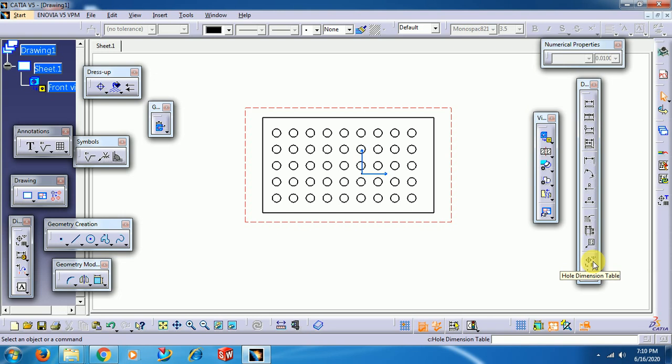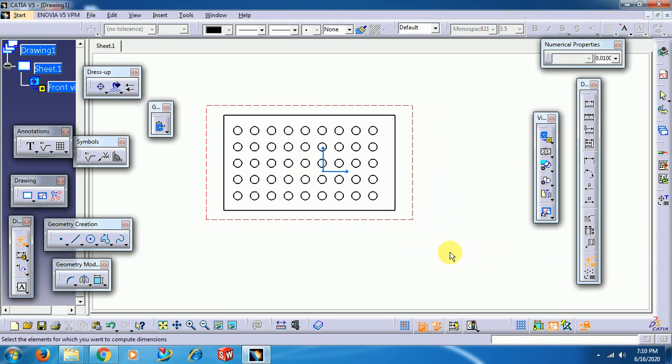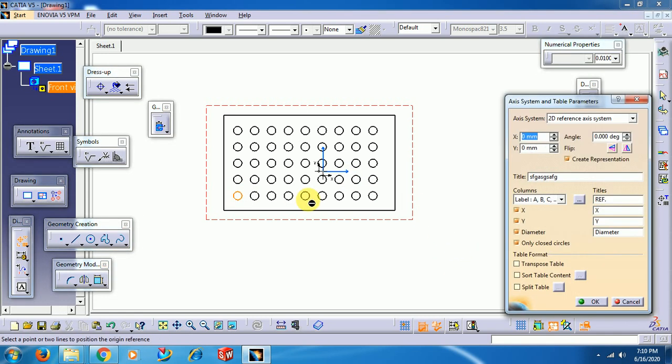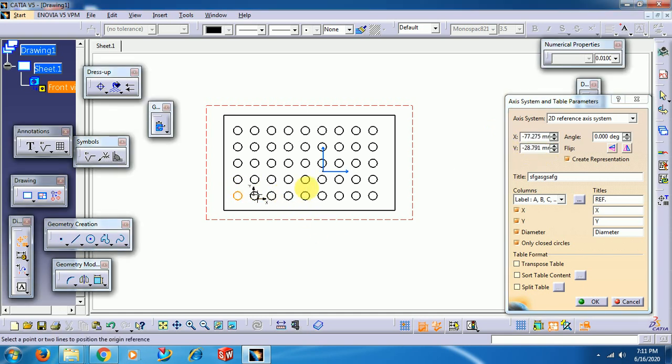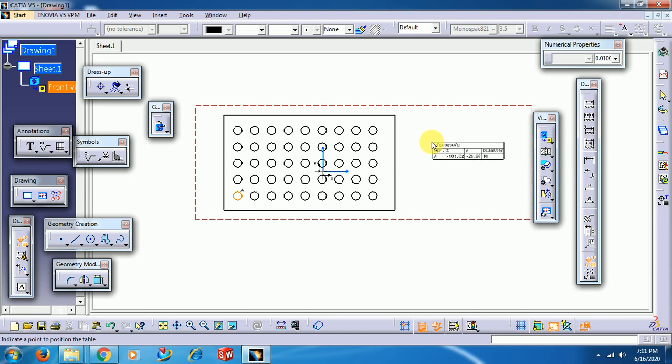What happens if we select this option? First, I just select that option, then you have to select a hole. I select this hole. See here, ordinate origin at 0 point. Now you can see here the 0 point. Now if you select axis moves, don't select again, the hole has already been selected. Now if you go for OK, then a table appears.